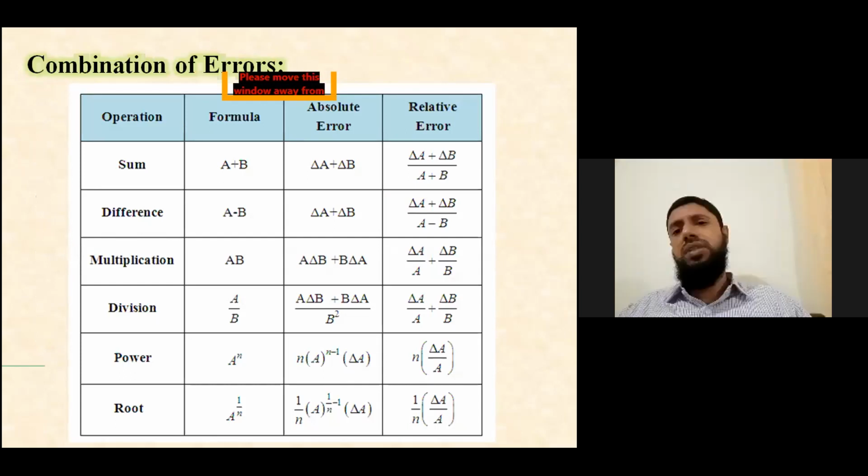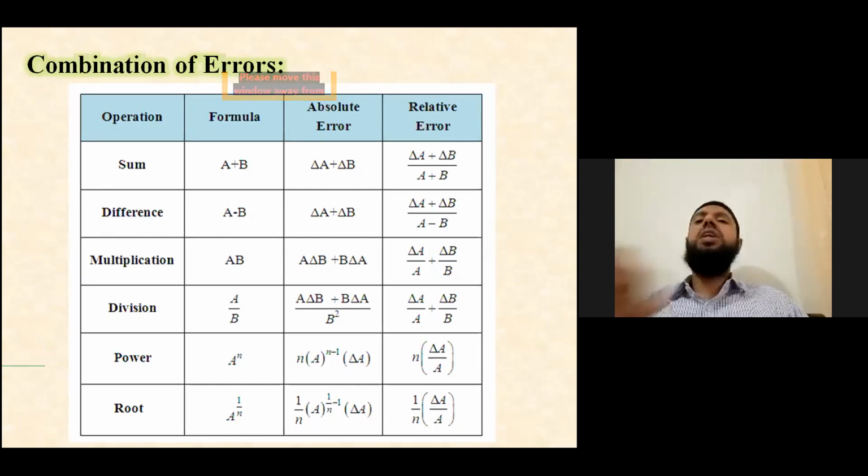ಒಂದೇ tabular column ಅಲ್ಲಿ ಎಲ್ಲ ಎರರ್ಸ್ ಬಗ್ಗೆ ಏನೇನಿದೆ ಎಲ್ಲ ತಂದು ಇಲ್ಲಿ ಇಟ್ಕೋಬಹುದು. ಇಷ್ಟು ಟ್ಯಾಬ್ಯುಲರ್ ಕಾಲಮ್ ಇದ್ಬಿಟ್ರೆ, if you are having with this tabular column, you can appear for any question on combination